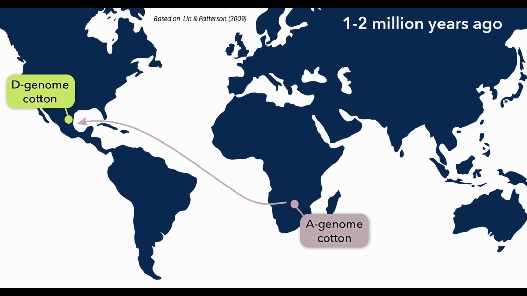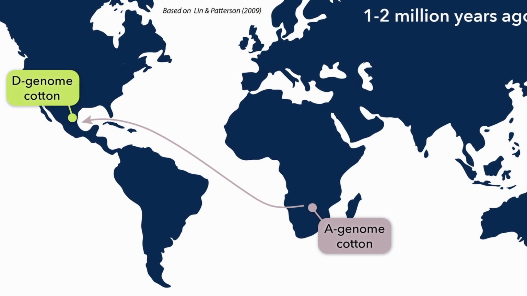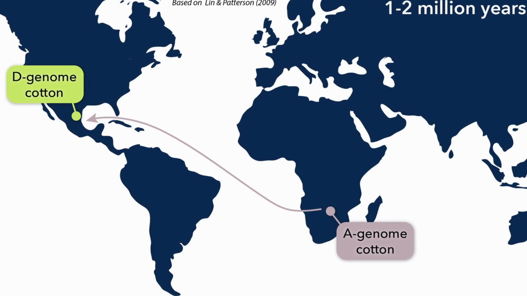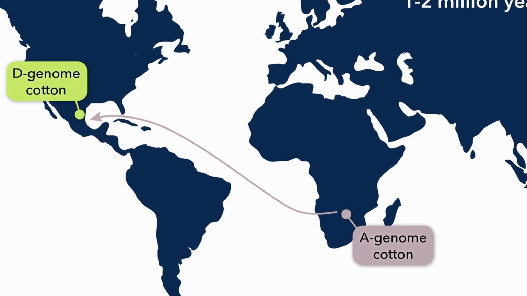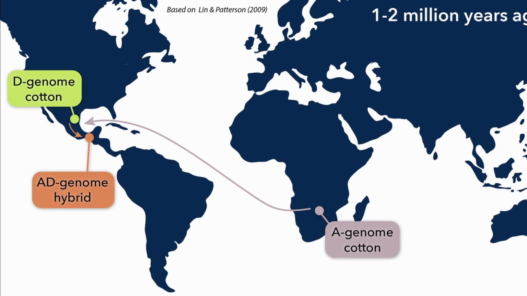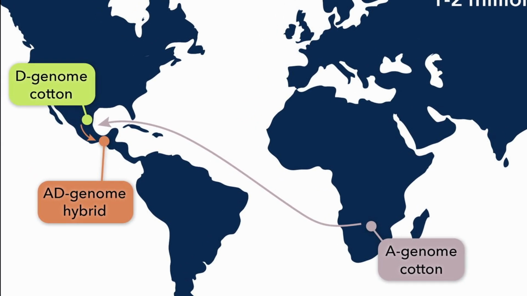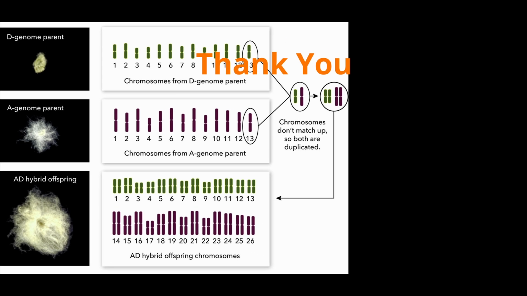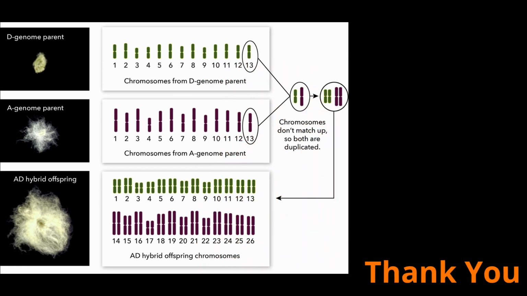Americas. 4. After several million years of separation and independent evolution, an A-genome plant traveled across the ocean to the Americas. 5. It interbred with a D-genome plant to make an AD genome hybrid, the ancestor to both upland and Pima cotton. I hope this concept is helpful for you when even in future you will look at cotton in